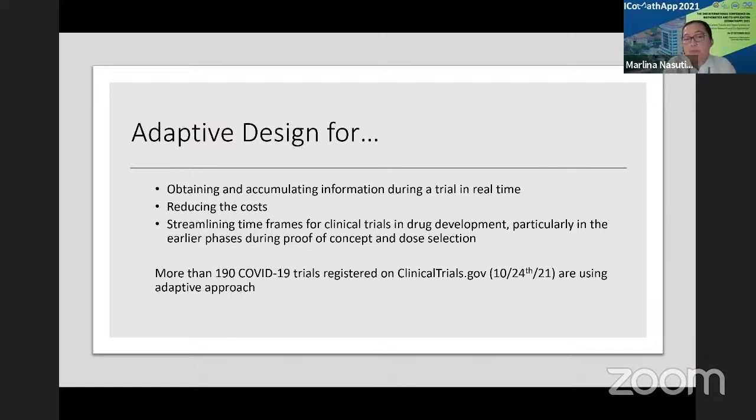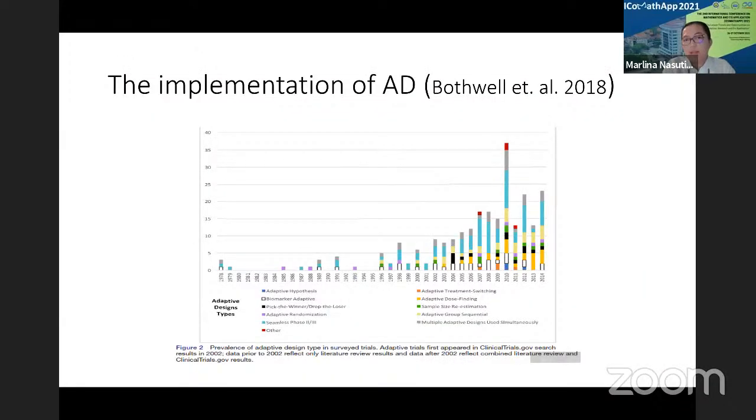And with respect to how adaptive design is applied in COVID-19 trials, now there are more than 190 COVID-19 trials that use this adaptive approach. You can see here there is a trend of increasing use of adaptive design in so many trials. The data that I have is up to 2018, but you can see that there is an increasing trend. And this graph also